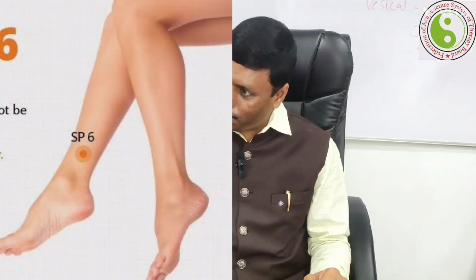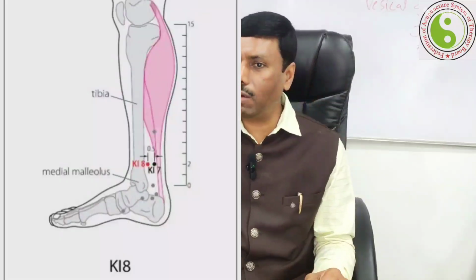Do you know spleen 6? Spleen, liver, kidney is the junction point. But here also, Jiaoxin is the K8 point. One author has written, and perhaps 15 years ago I studied, that there are 2 particular points in the body to regulate our body system. The upper limbs can be regulated by 1 point, known as PC6, pericardium 6. The lower extremities can be regulated by activating a single point, known as Jiaoxin, that is the K8 point, 1 cun distal to spleen 6.